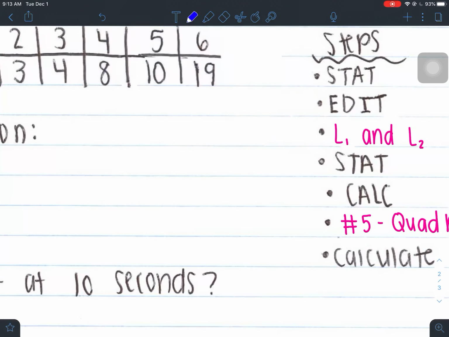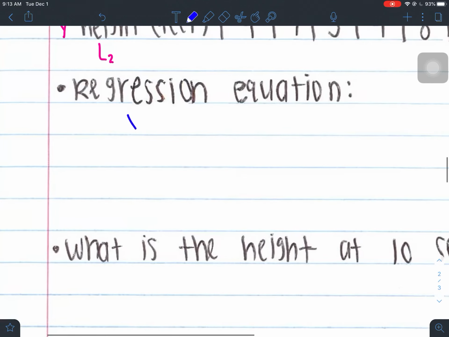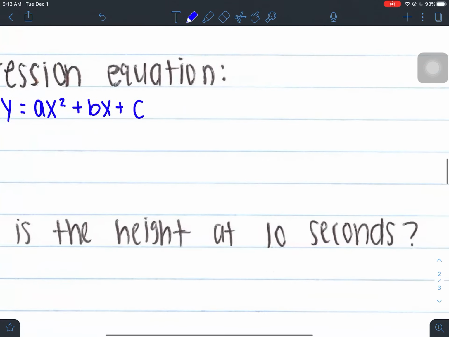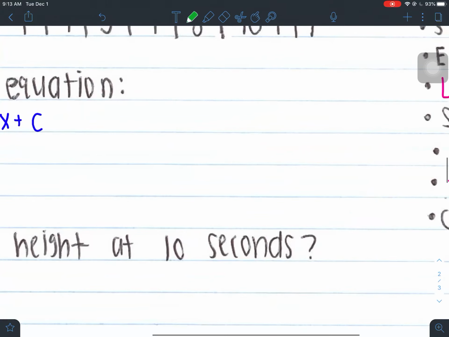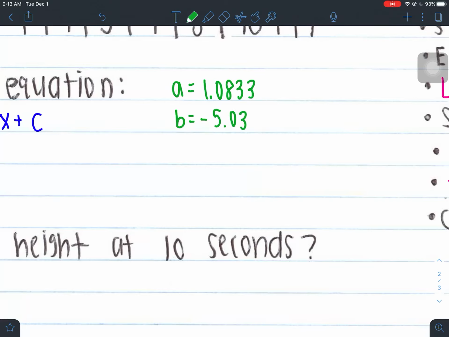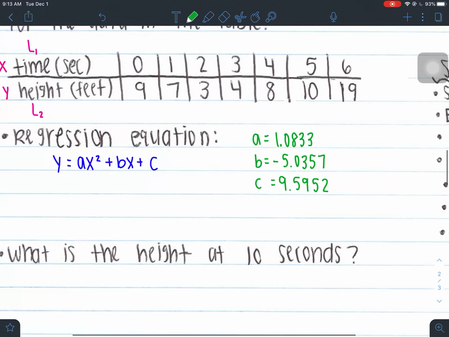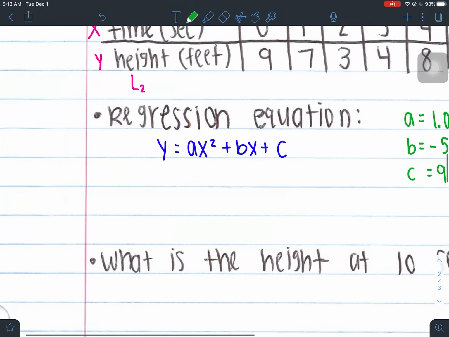Okay, so our calculator gave us standard form, so let's do that first. It gave us y equals ax squared plus bx plus c. It gave us standard form, so we know that. That's good. And then it gave us a, b, and c values. So I'm going to go ahead and write down what I see on my calculator. I'm just going to write as many as maybe 4. 1.0833. My b here is negative 5.0357, and then my c is 9.5952. And then I have those as my A, B, and C values, so that's what my calculator is